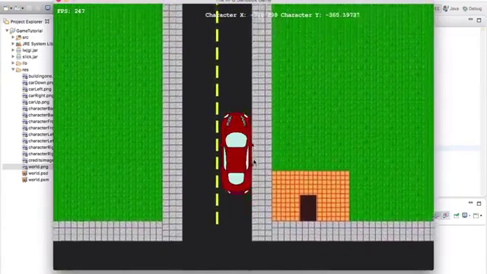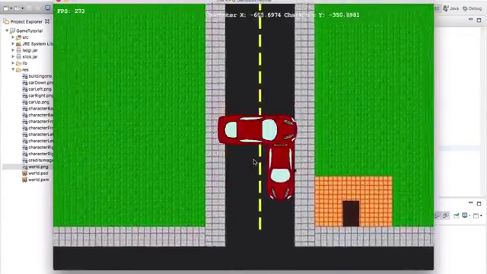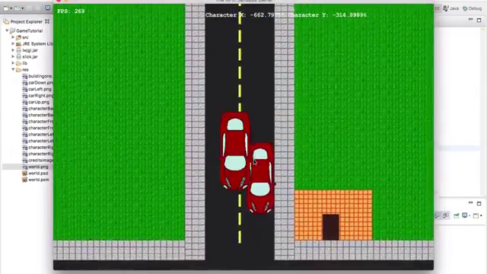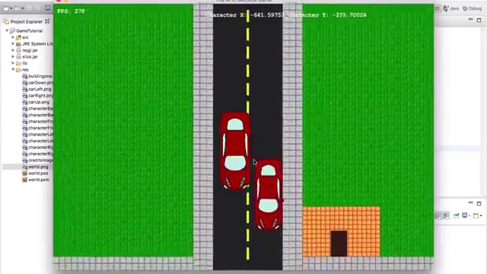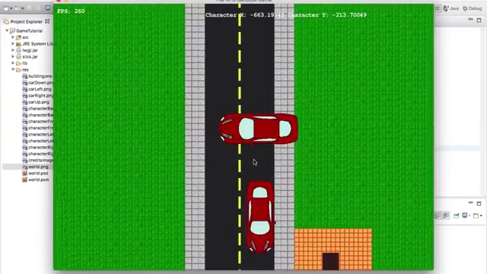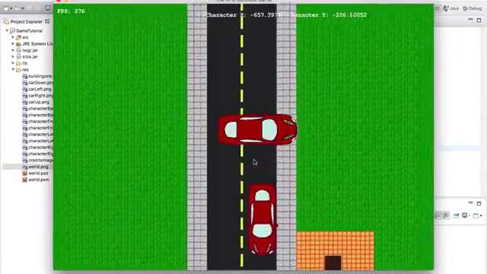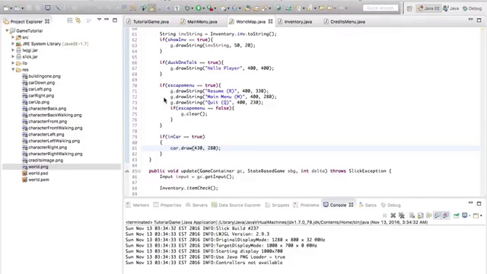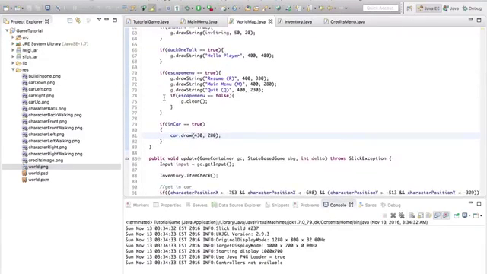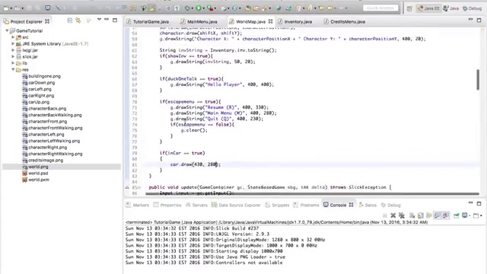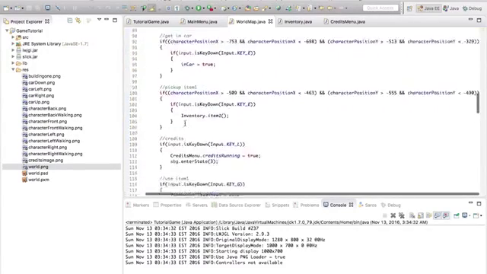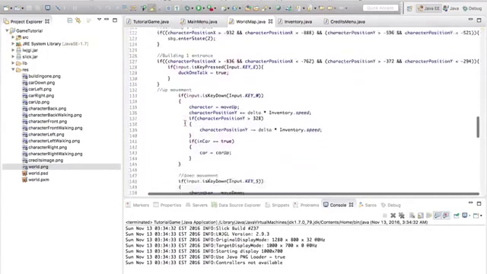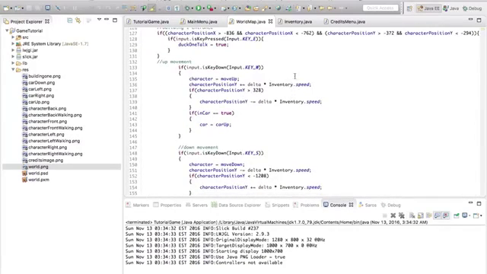So now it goes slower, right? But it doesn't turn perfectly. You'd have to actually do a ton of animation to get it to smoothly turn. But I'm just showing you how to do the basic car. There's one more thing we need to do, which is make it go faster. Obviously, you're in a car, you're going to be going a lot faster than walking. So before, what we did a while back, we made it so the movement is based on inventory.speed. So all we need to do is take inventory.speed,